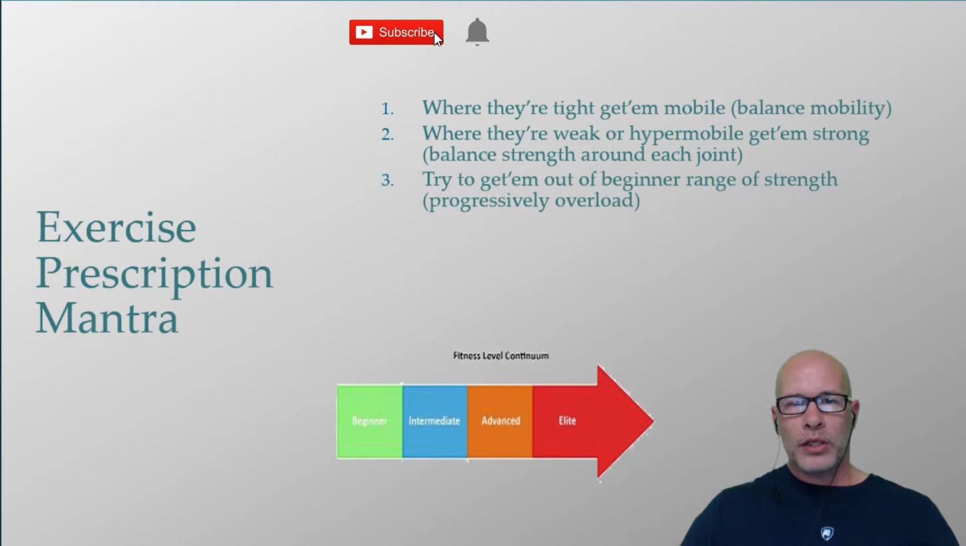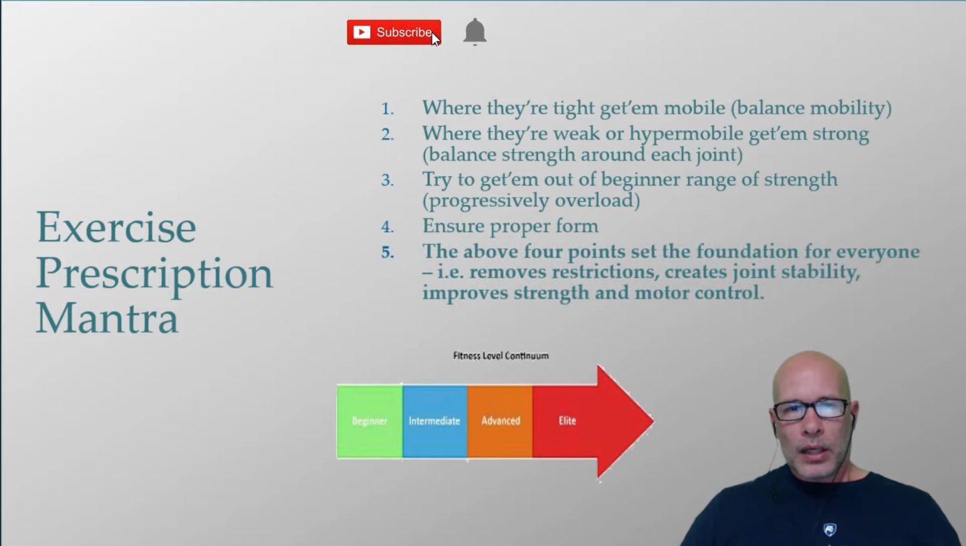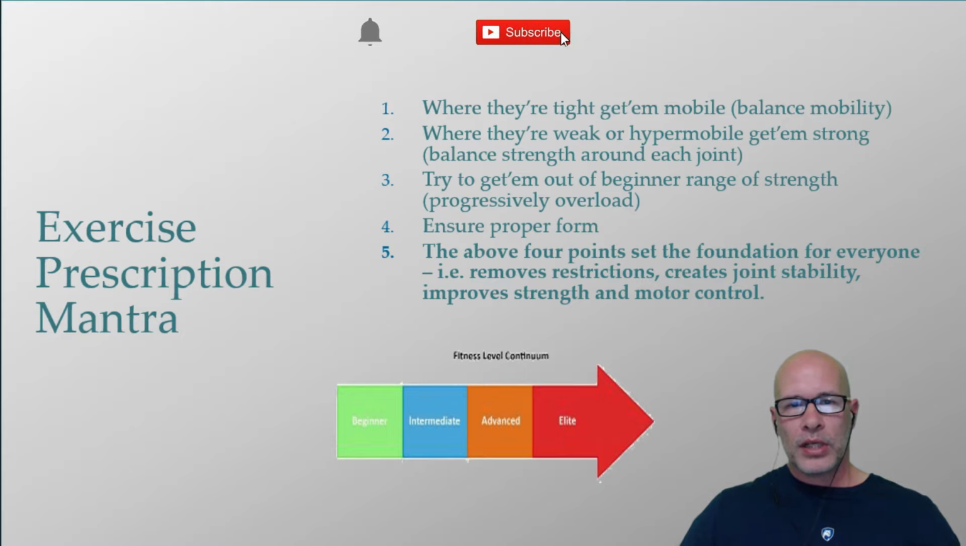Try to get them out of a beginner range of strength, because most people fall in the beginner range of strength, and really that's just going to be the function of a proper strengthening program, because a proper program includes progressively overloading the person and getting them stronger over the course of time, and ensure proper form. So if we balance mobility, balance strength, put them on a proper progressive strengthening program, and ensure proper form, that's what sets the foundation for everyone, no matter what the condition is, no matter where it is,